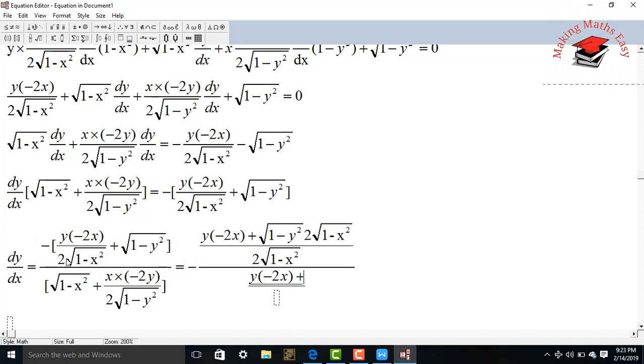So multiply this with this particular function and you will get square root of 1 minus x square multiply by 2 into the square root of 1 minus y square in this case,